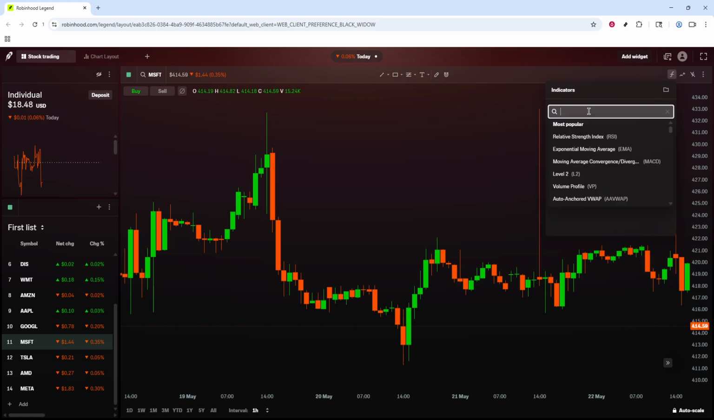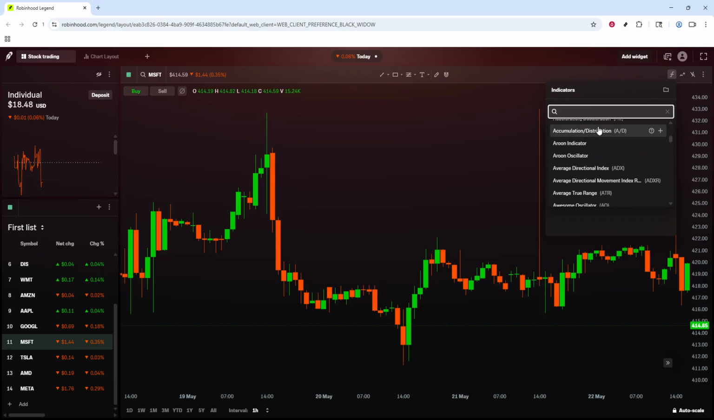After clicking Add Indicator, a list of available indicators will appear on the screen. From here, you can scroll through the list manually or use the search box to locate EMA Clouds more efficiently. If you choose the search option, click on the search box and type EMA. As the results load, look for EMA Clouds in the list and click on it to add it directly to